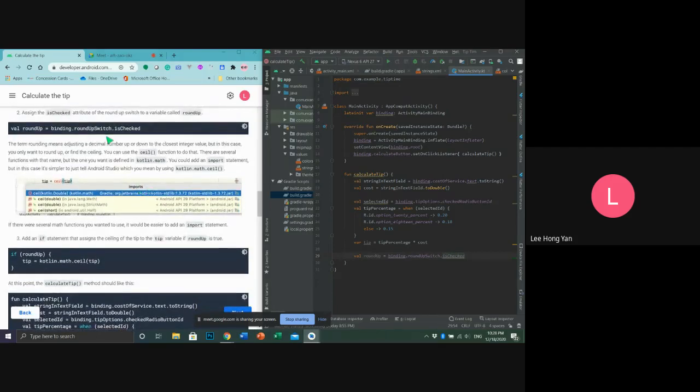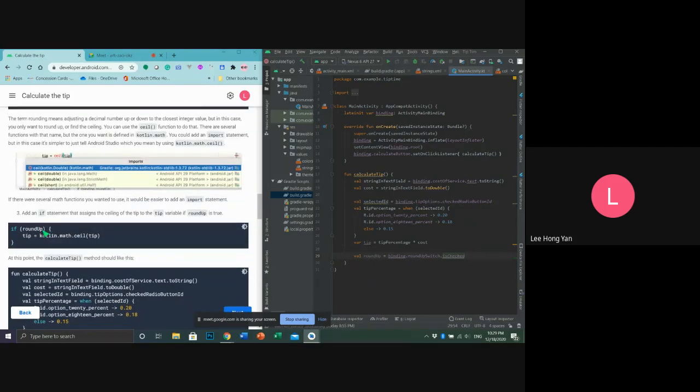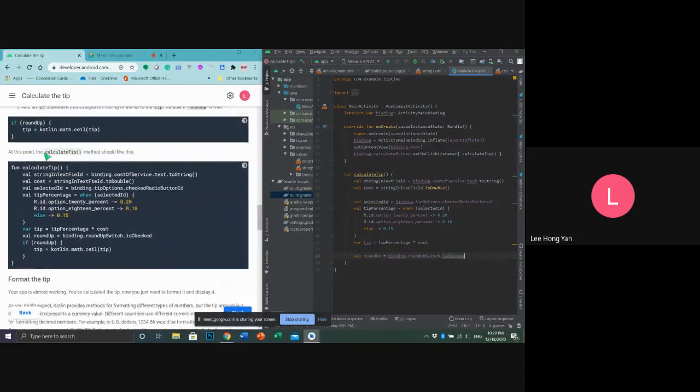It's the same thing here. We see whether it's being checked or not by using this binding dot roundUpSwitch dot isChecked. This is an attribute of the switch. The switch view has a special attribute like isChecked to see whether the switch is checked by the user or not. And then if roundUp is true,